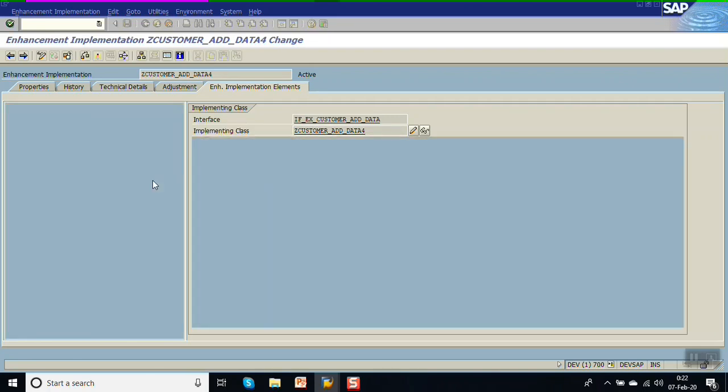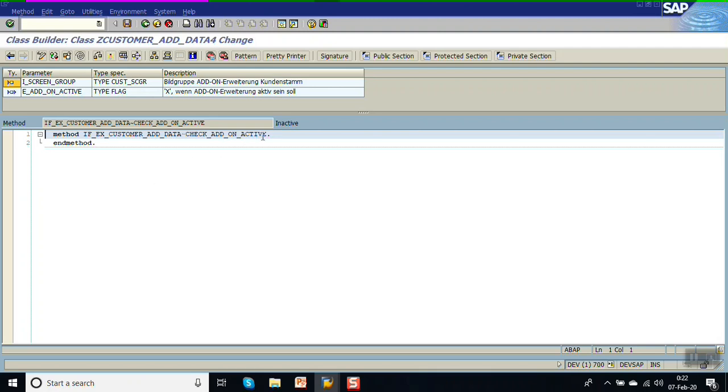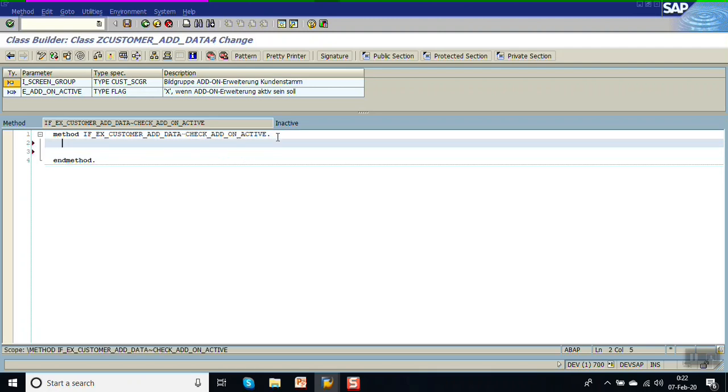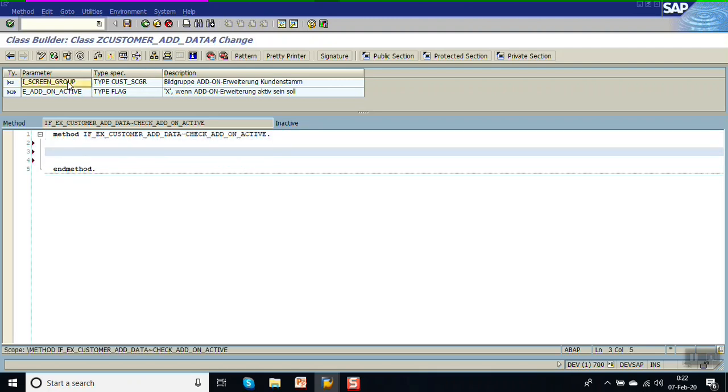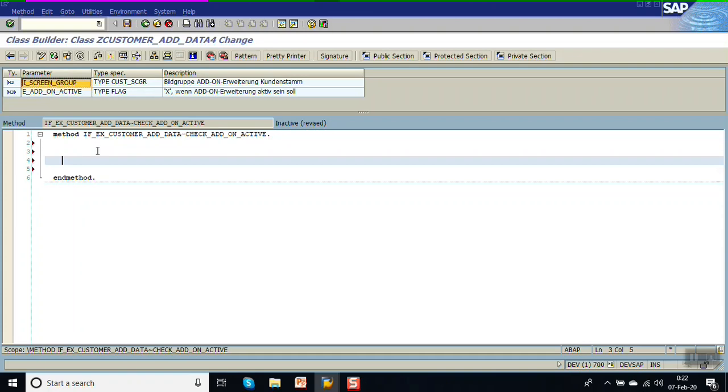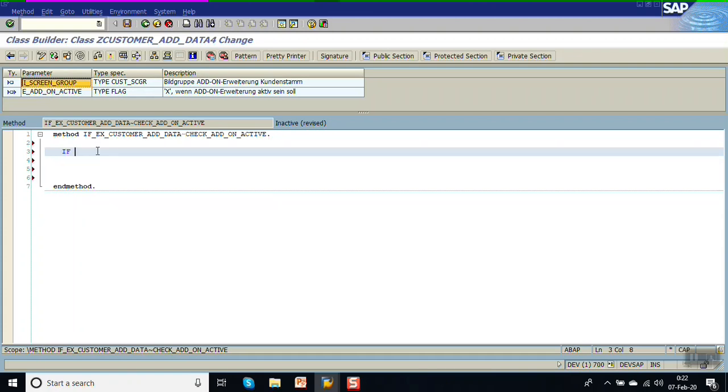Now as I told you in the last method, that is check add-on active, we have to add our code here. So what code will we write? If you see here in the importing parameter, we are getting the screen group in the input, and also there is a changing parameter. This is a changing parameter, so we can change this. What group have we created in SPRO? That is Z1. So we'll write: if screen group equal to Z1,